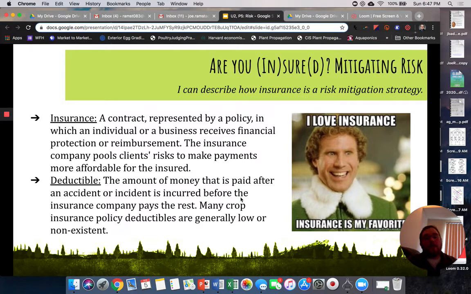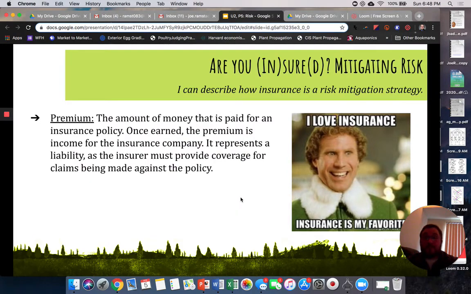So with crop insurance, there's generally not as many deductibles to be incurred because those types of businesses or those types of entities, generally speaking, are a little bit more flexible with farmers in that a lot of elements there are very uncertain. Okay. A premium, then, last vocab word, is the amount of money that is paid for an